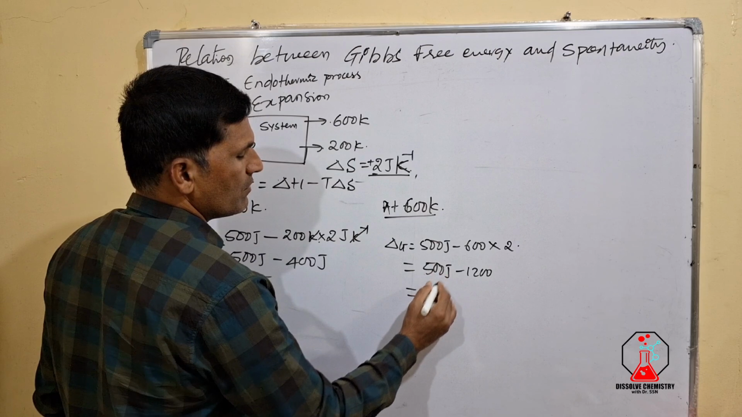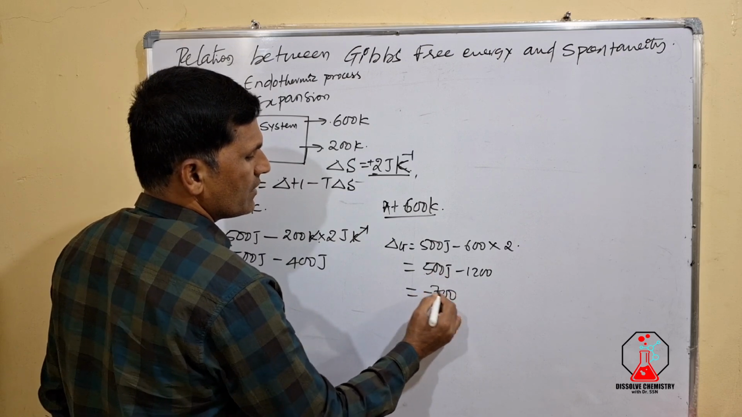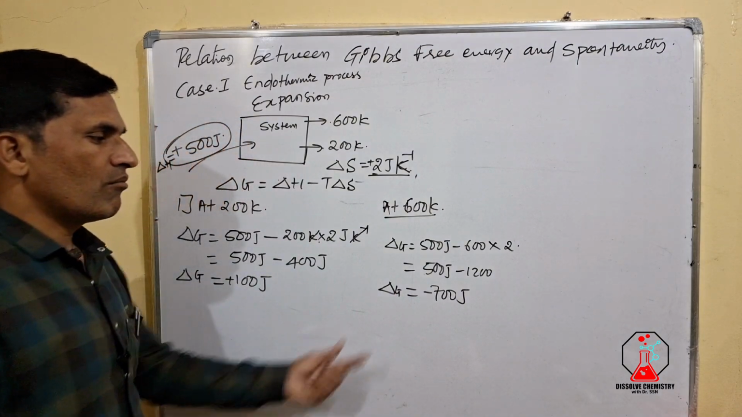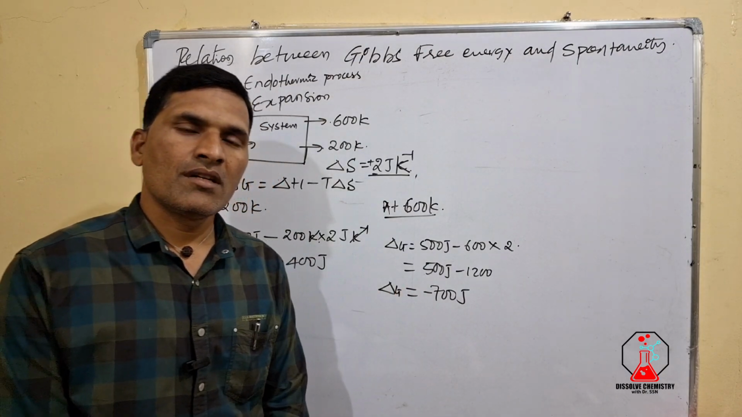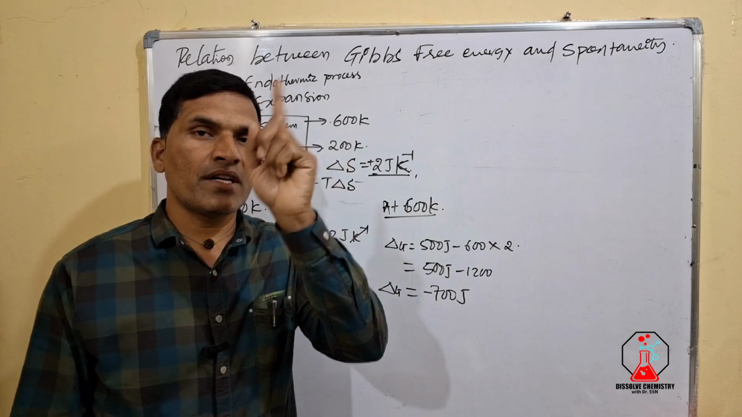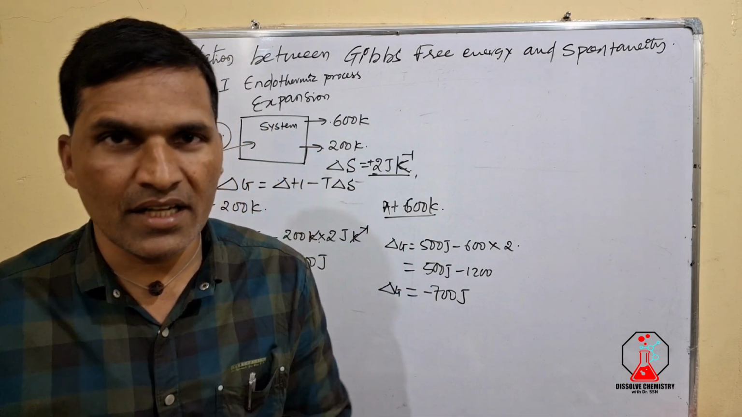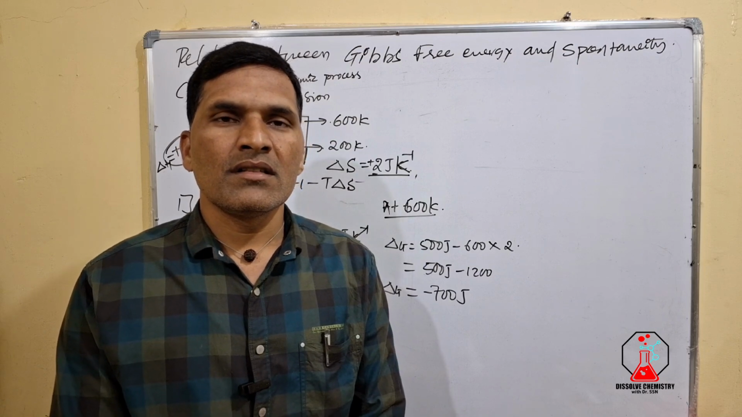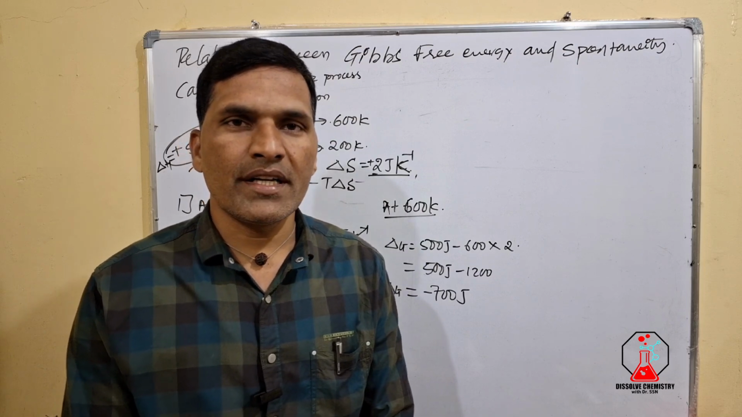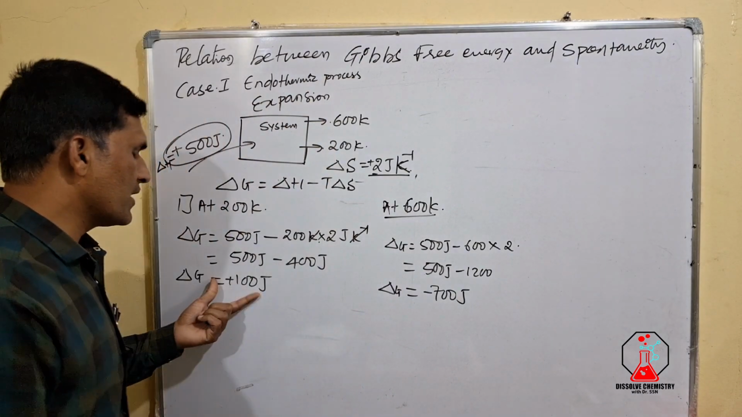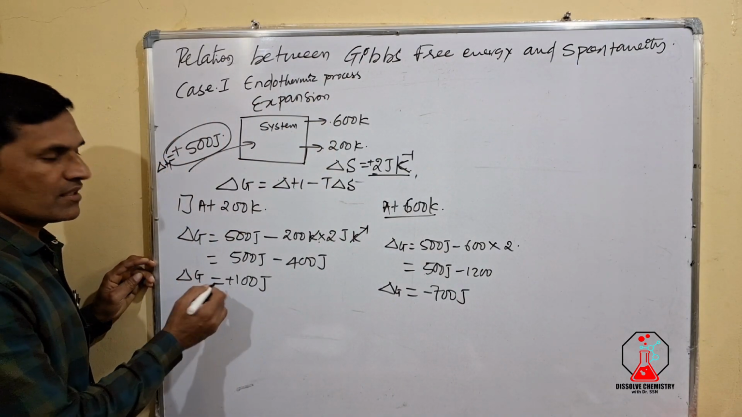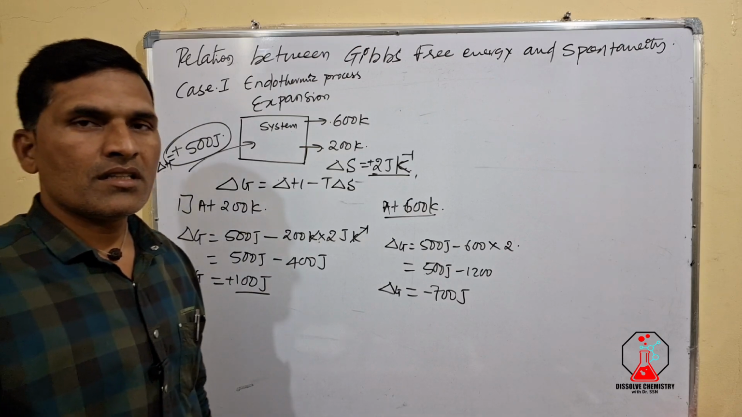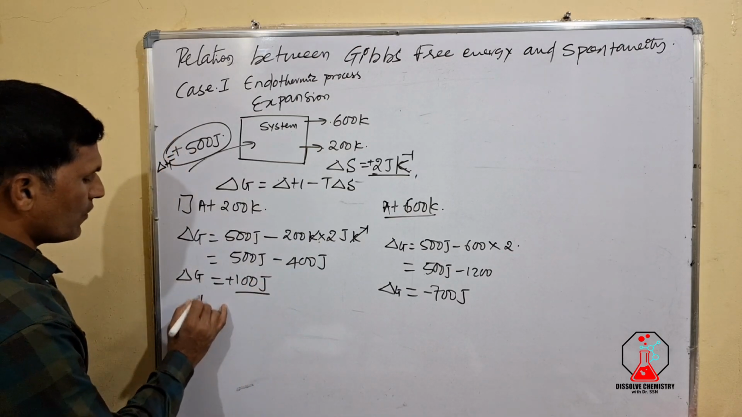Overall, how much does it turn out to be? Minus 700 joules. So your delta G is minus 700 joules. It means if the same process is carried out at 200 Kelvin, then your system is non-spontaneous, because your delta G value is positive. A positive delta G value means the process is said to be non-spontaneous